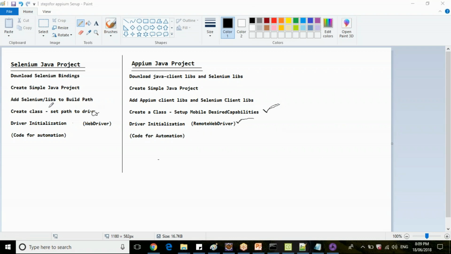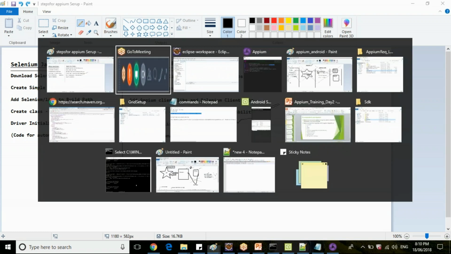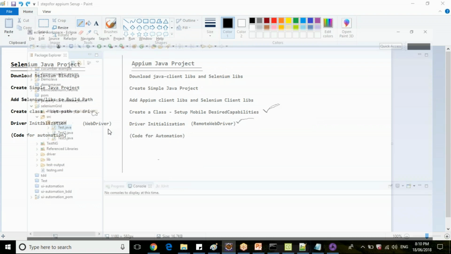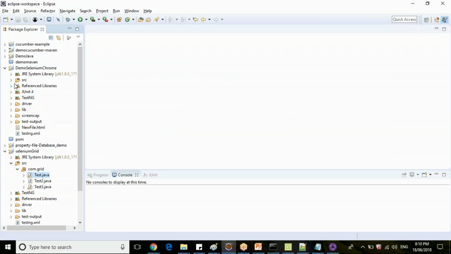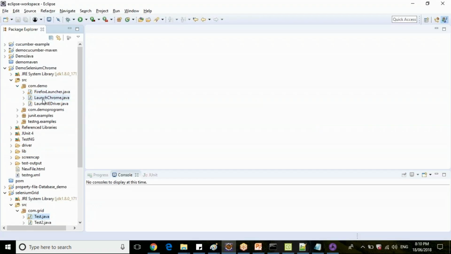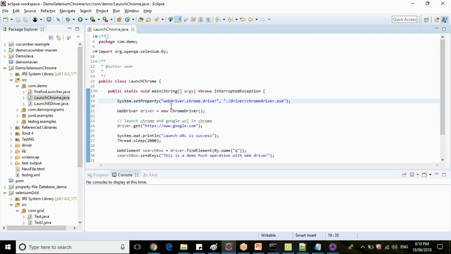So for the simple web driver, because you already specify what is the driver path, you are setting the path to this particular driver, right? You're telling during your driver initialization, hey, I have set the path for this particular driver, Chrome driver. Can you go and execute my script with the driver initialization, whatever I'm doing, right? If you see the code here, simple Selenium code, it's a Chrome launcher.